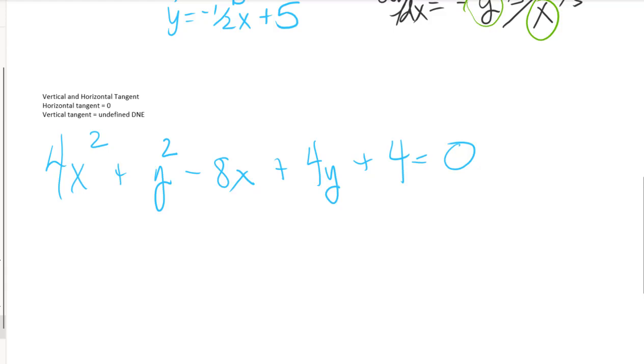Because x and y are both squared, but they have different coefficients, it's not technically a circle. It's nice to know what it looks like, but it doesn't really matter what it is for us to find the derivative. So the first thing I want to do to find the horizontal and vertical tangents is take the derivative